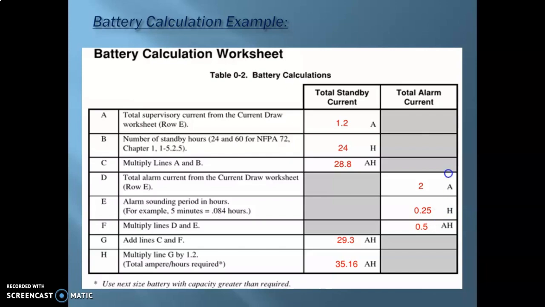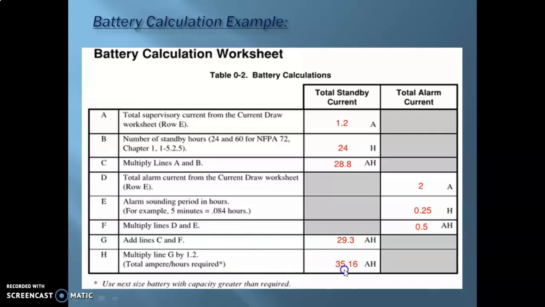Now, in order to get the total alarm ampere hour rating, you multiply 2 with 0.25 to get 0.5. Now you add both lines C and F over here, and you get a total ampere hour rating of 29.3, which is then multiplied with 1.2 to get the actual and final ampere hour rating that is required by the system.